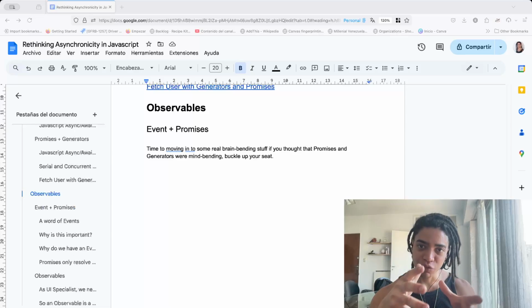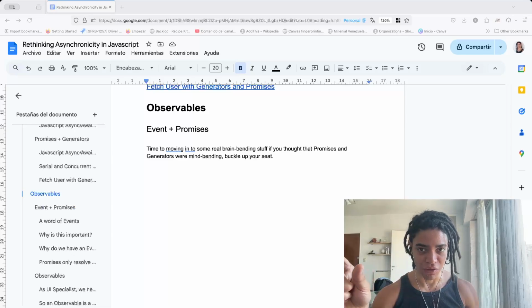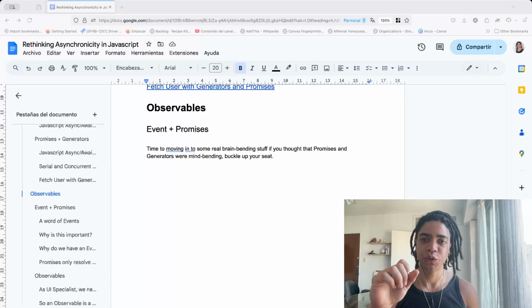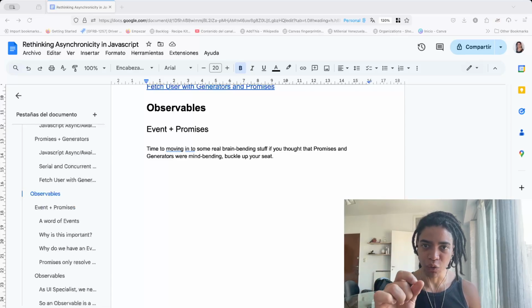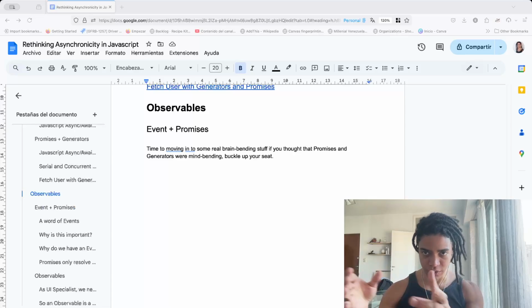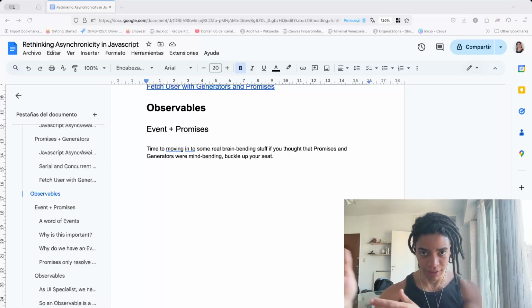That's why the next level of competency for JavaScript developers is to be able to handle concurrency, which is all of these tasks that overlap at a time,